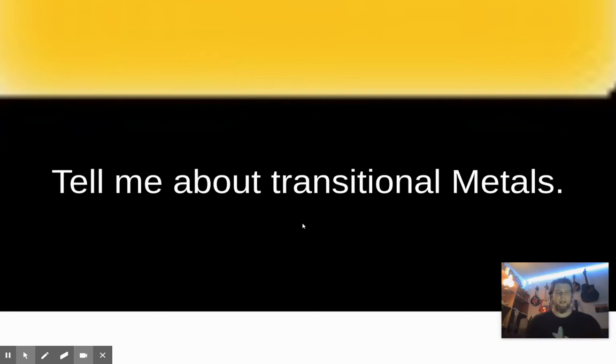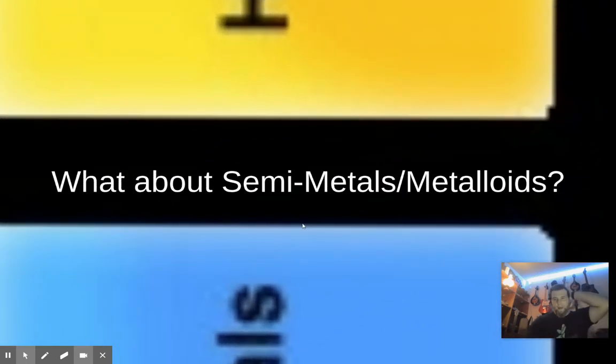The best thing we can say about the transition metals is that they are metals. They hold the properties of metals, and they are transitioning as we go from left to right over to the nonmetals. The properties are somewhat changing as we move from left to right. But they're that middle area where things can get kind of weird.